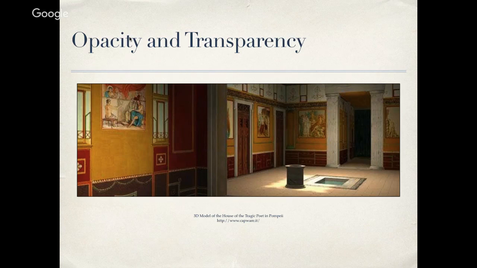The lighting is excellent. The texturing is excellent. It's supposed to be a model of the house of the tragic poet in Pompeii, and it's definitely something that will catch your attention if you see it. But what if I wanted to know why that door is exactly that height and not another one? Why is the color of the paintings that particular shade of yellow and not